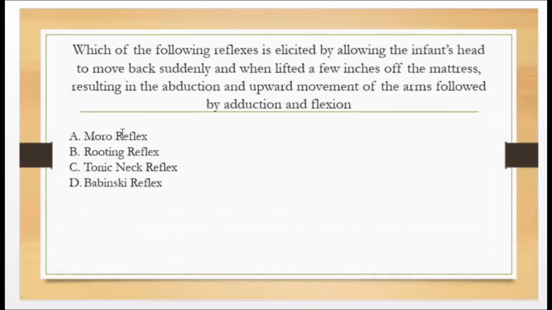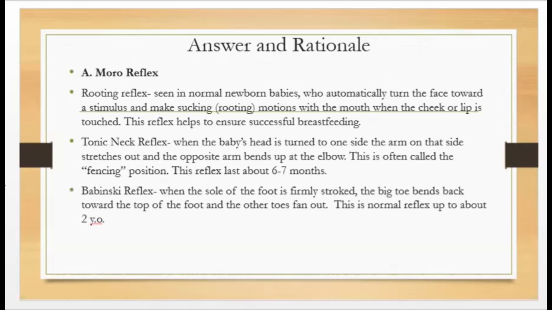The child is trying to protect themselves from any danger, and they do that abduction and upward movement of their arm, thinking that they can protect themselves. That is what the small baby does to try to protect from danger. So you need to know the Moro reflex, and the exam can always ask you. Every FNP question you are going to see, so remember,